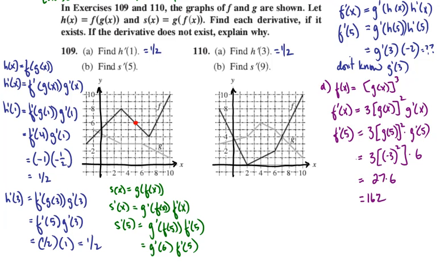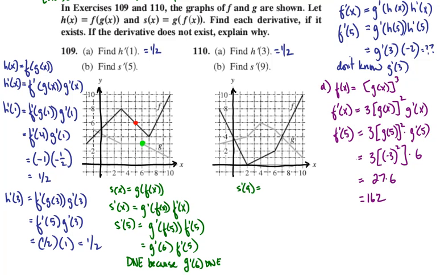G, when x is equal to 6, notice that there is a sharp turn at that point, and so g prime of 6 does not exist. And so when any one piece doesn't exist, the whole thing does not exist. So we say that s prime of 5 does not exist because g prime of 6 does not exist, and we stop at that point. We'll go on to part B in 110, and there we're looking for s prime of